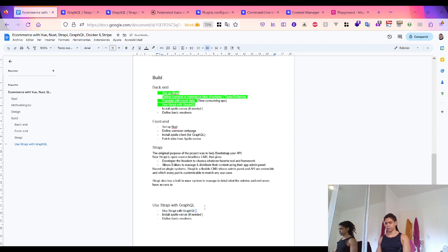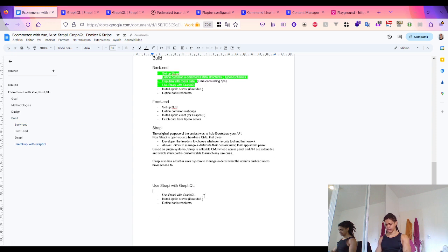That's right. So use Strapi with GraphQL. The GraphQL plugin comes with an Apollo server and something called Shadow CRUD to automate the creation of